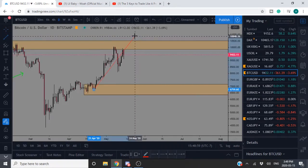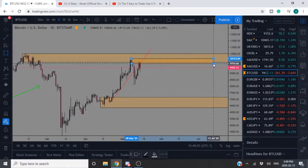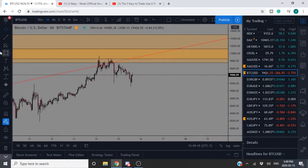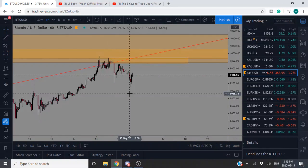On the daily time frame, this was the daily supply that we were talking about. That was the daily demand that got removed. It's probably not a smart idea to be buying up in here, right? We're located in a weekly supply and a daily supply, right? We should probably be looking at selling opportunities. And I think a couple people actually took that short pullback on Bitcoin. I think one of the members in the trading group took that,